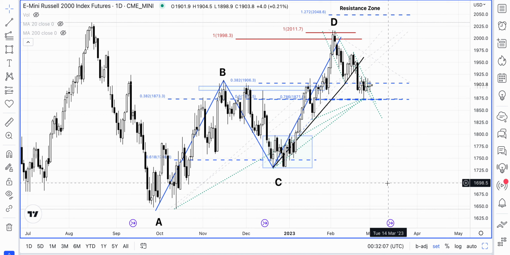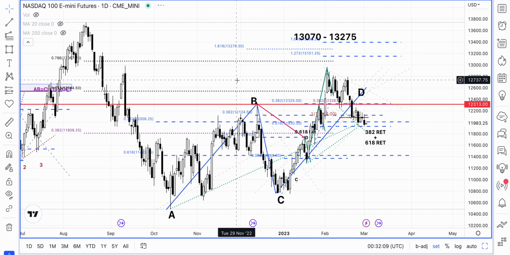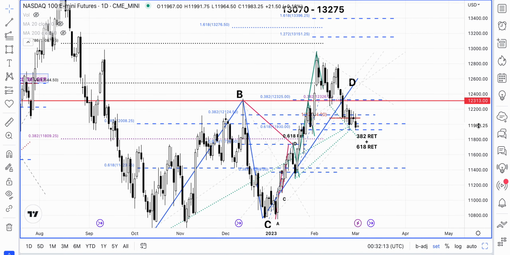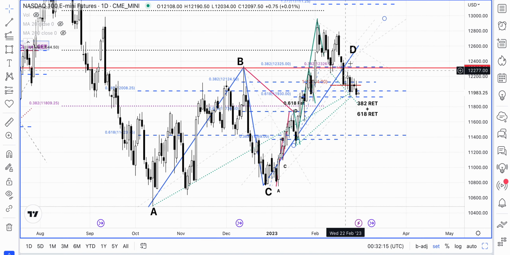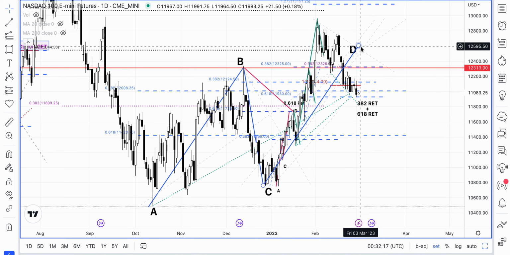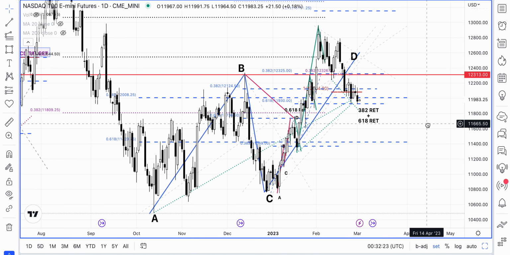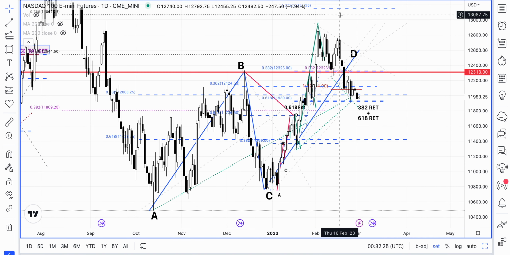Let's take a look at the NQs. So the NQs are interesting. They completed the ABCD pattern here. The price level we were looking for was 12,600, but the price action was so strong it actually went higher. We were anticipating that perhaps it could go up to this 78.6% Fibonacci retracement level to around 13,060, but it